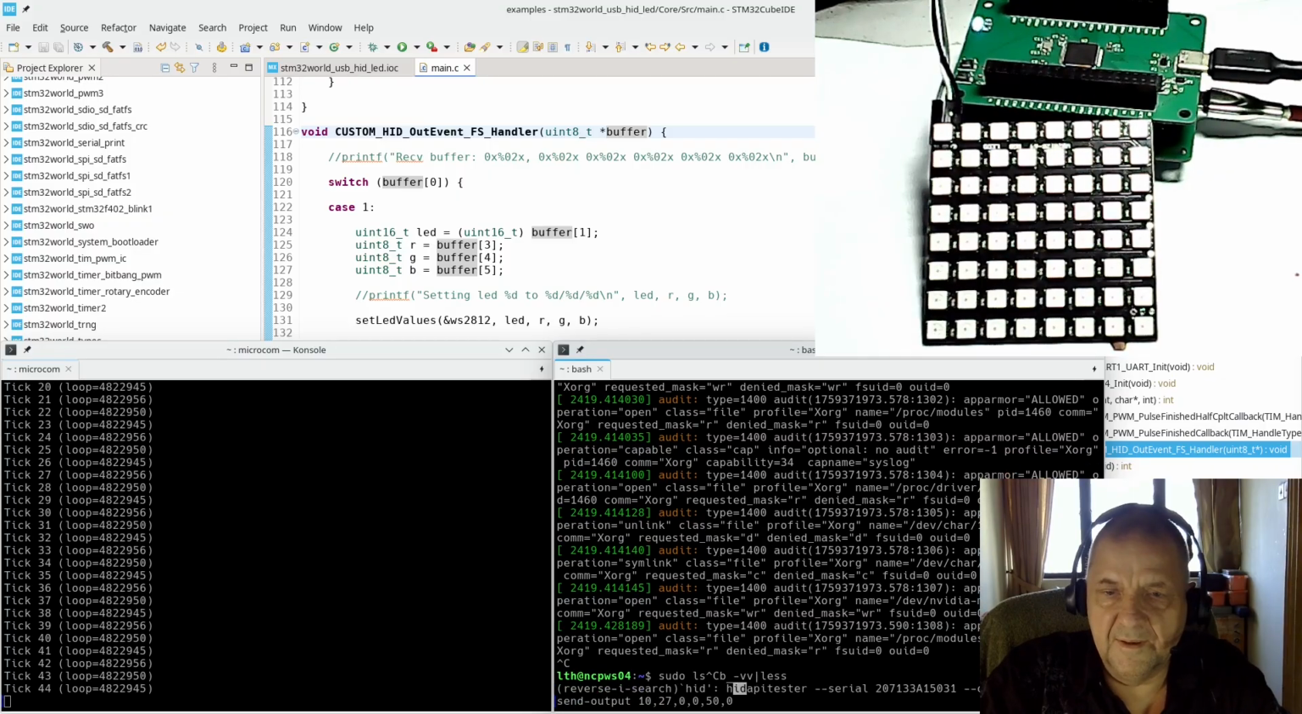the HID API tester. We will identify it with the serial number, we will open it, we'll send 6 bytes, and we'll send output here. We can start by sending 1 to set the LED. We will identify a LED number 27, and we will set that to,